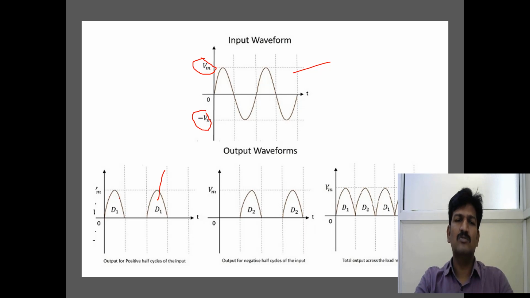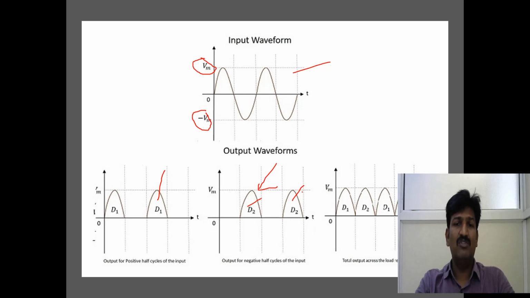It acts like an open circuit and there is no current passing through the diode D2, so I2 is equal to 0, and there is no voltage corresponding to I2. We only have the voltage corresponding to I1, which corresponds to D1. Next, in the negative cycle of the input, D1 will become off and D2 will become on, so that you have the voltage across the load resistor due to the current I2 passing through it. So the resultant voltage is like this.